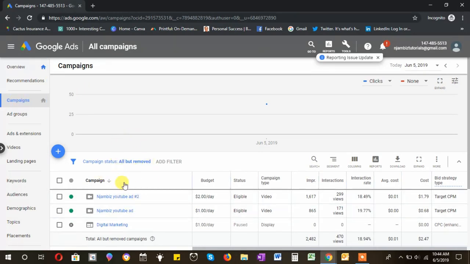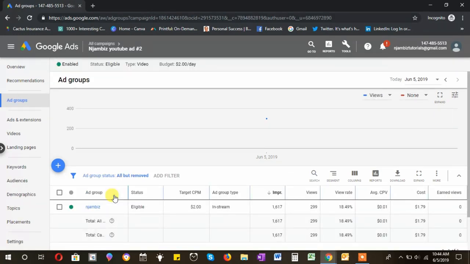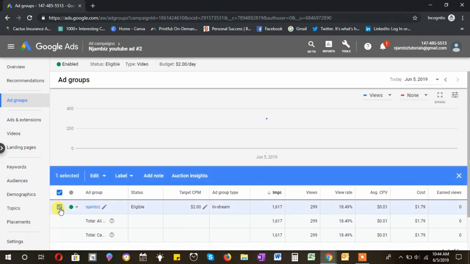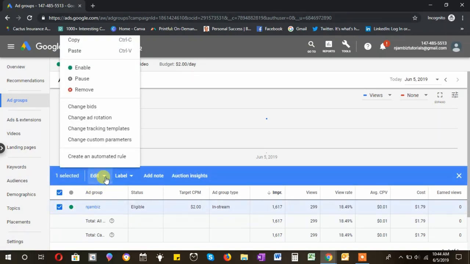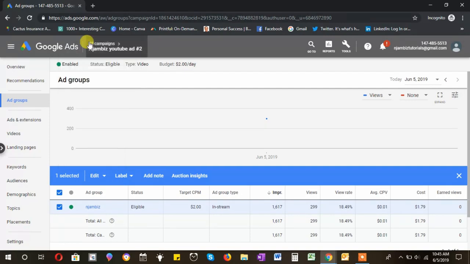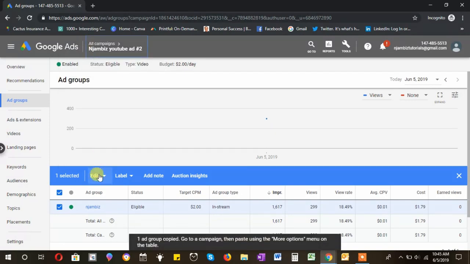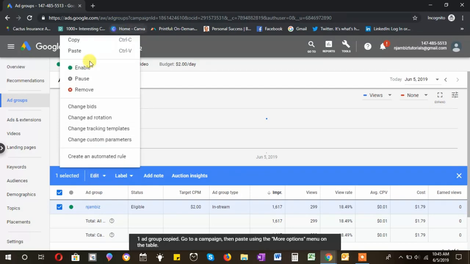You'll have all your campaigns here. Select the one you want to duplicate. Then I've clicked on it, so I come and click on the ad group and click edit. Select the ad group, click edit, and then say copy. And you can even use the keyboard shortcuts. That's Control-C for copy, and then paste it. So I've copied it. Then you can do Control-V for paste, or you can just select under edit and say